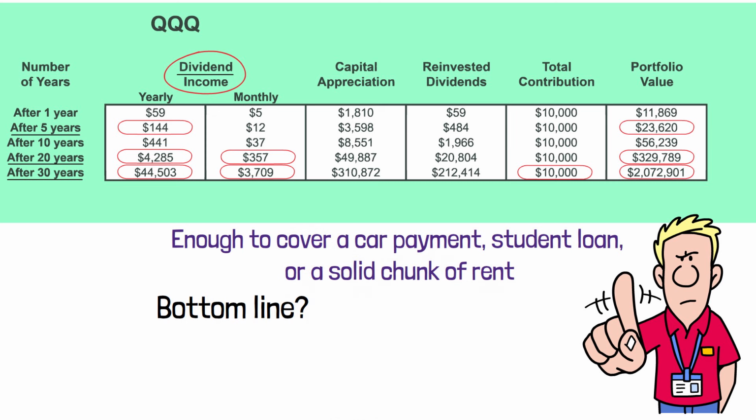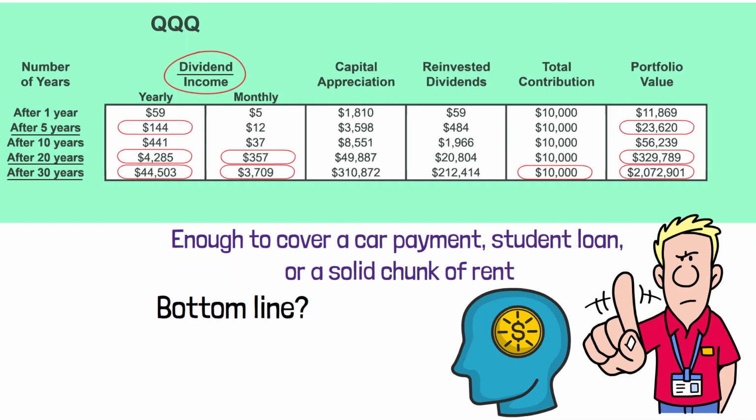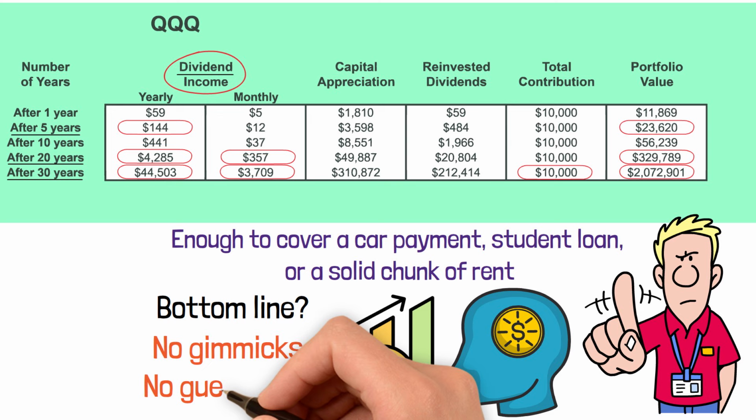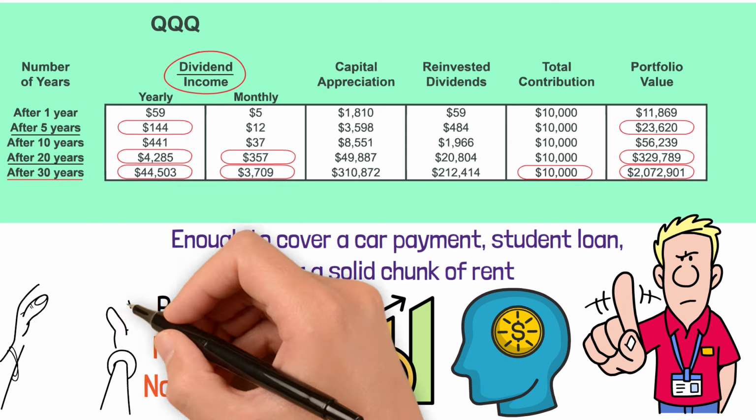Bottom line, Triple Q isn't just another fund. It's a once-in-a-generation play for investors who believe in long-term growth and innovation. No gimmicks, no guesswork, just 30 years of staying the course, and letting the best companies in the world